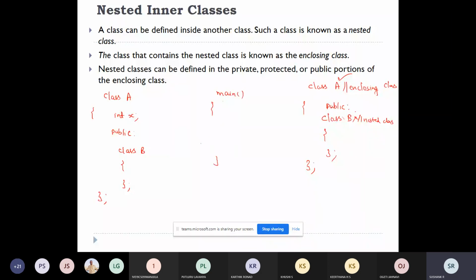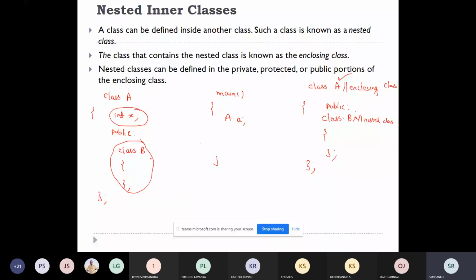Now what you must understand is, if I create an object of class A, the size of the object will be only the size of the integer. A is the enclosing class, B is the nested class. The size of the enclosing class is not affected by the presence of the nested class.